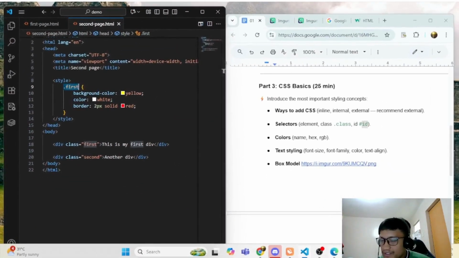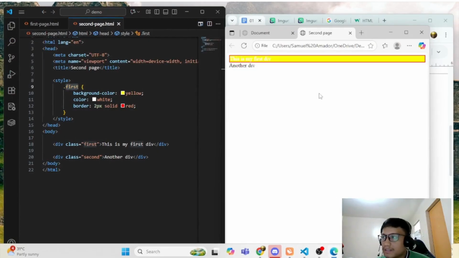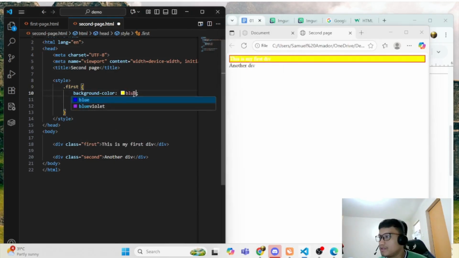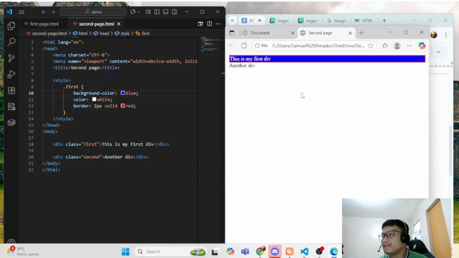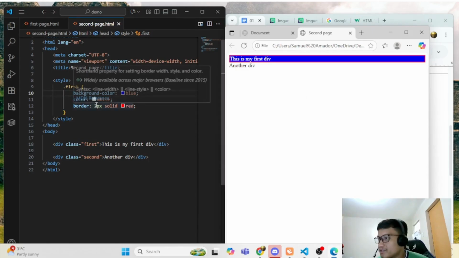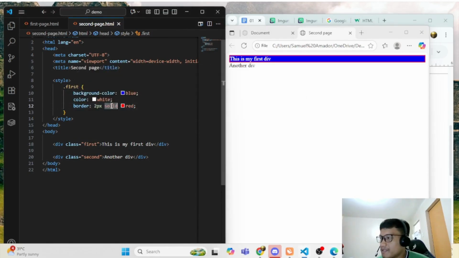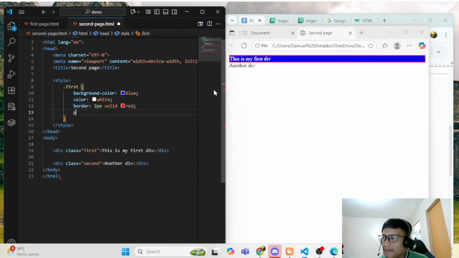So let's refresh. So I could hardly see the color. So I'll change this one to blue. Okay. So the border is 2px solid then red. So you can add like padding.